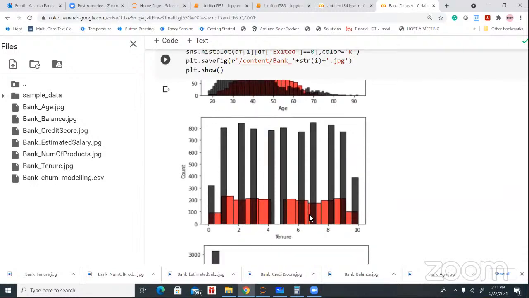Then again, the tenure. Tenure represents how many years a customer has been a client of the bank, and we know that almost 400 customers have been clients for less than 1 year, around 500 or 600 customers have been clients for the last 10 years, and almost 1000 customers for each particular year of tenure. And here you can see the distributions of the tenure for the customers who left and the customers who did not leave the bank. It's almost the same,